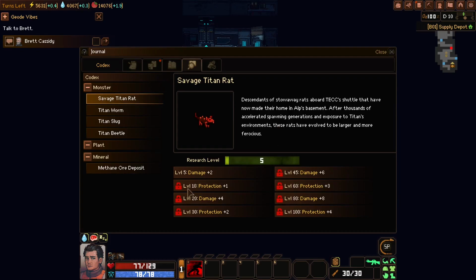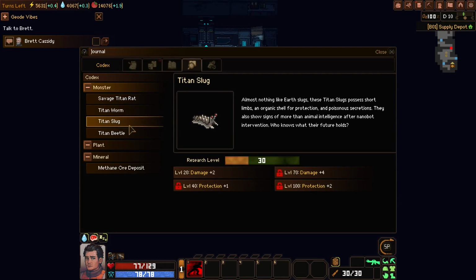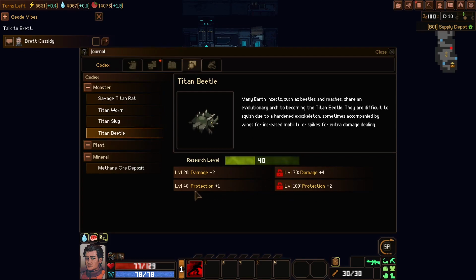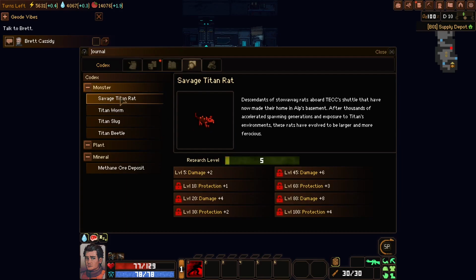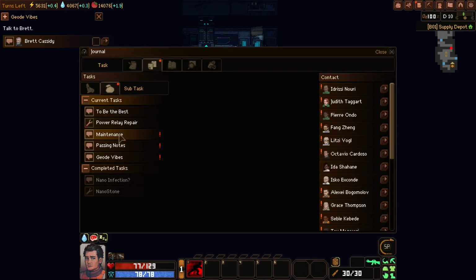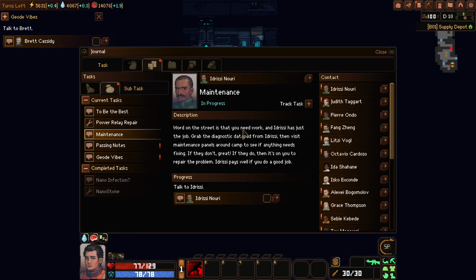Savage Titan Rat. Research level. And I think if we're researching these guys' bits, what that probably does is continue to unlock our bonuses against them. So right now we've got protection +1 and damage +2 against the Titan beetles and so on. So that's probably worth doing just to make us a little more effective. Let's start with